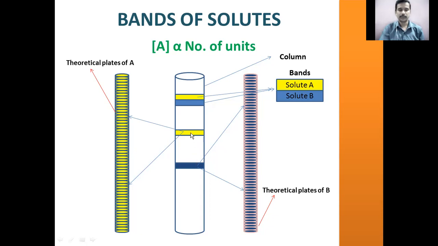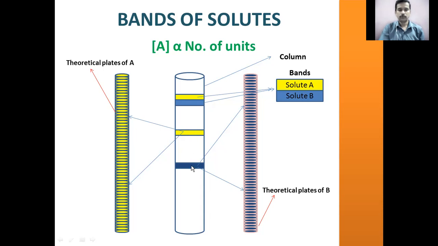And this band separation is due to, again, the relative affinity of the solute towards the stationary phase. Here band B is moving farther down than the yellow band. Why? This blue band is for solute B, and this solute B has a lower affinity towards the stationary phase when compared to the yellow band, that is solute A. Okay, if you consider these two bands,